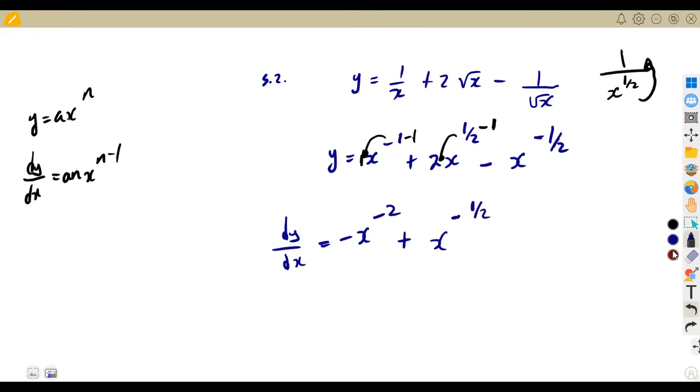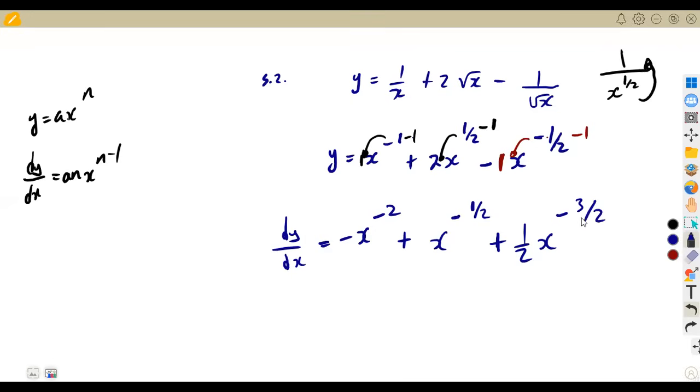We do the same thing here. Here's a negative half, multiplied by this. If we multiply negative half times negative 1, it will be a positive half in this case. We're going to have a positive half. X to the exponent, you subtract 1 on the exponent. So negative half minus 1 will be negative 3 over 2 in this case. So that was the idea of our simplification. Then from there,